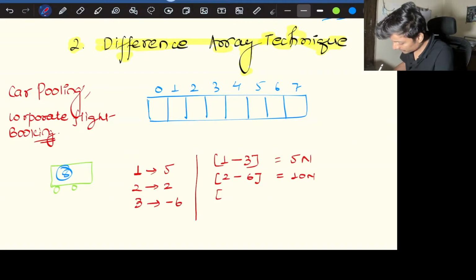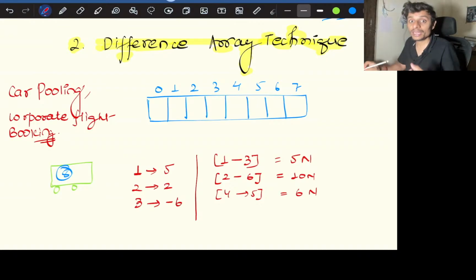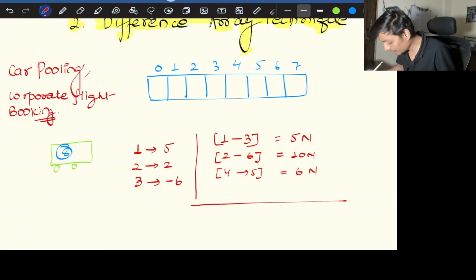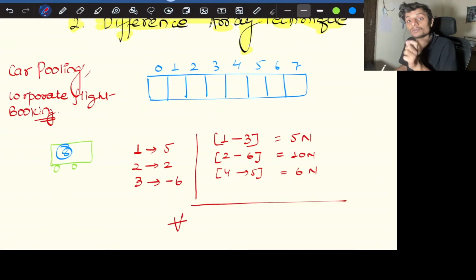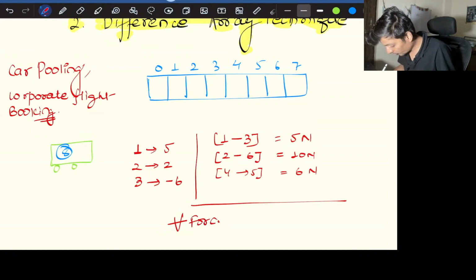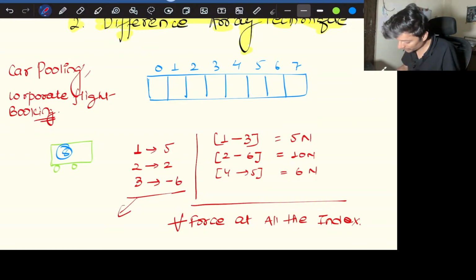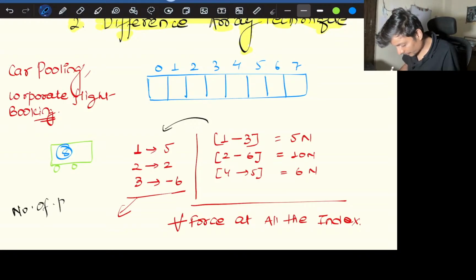Then we can say in between 4 to 5 we are having 6 Newton of force. We are adding 6 Newton of force in between this interval. So at the end of the day, tell me what will be the force at all the indexes, or like number of people over here in this case, like something like this only. Number of people at every stop,